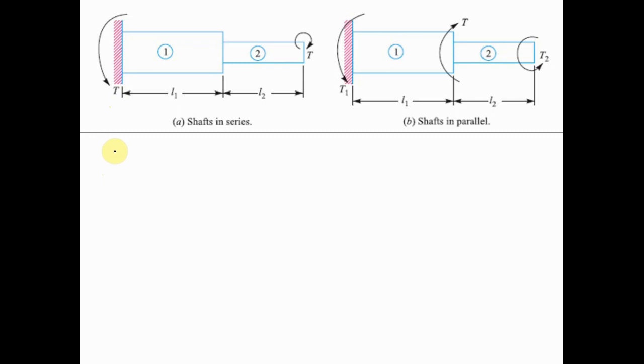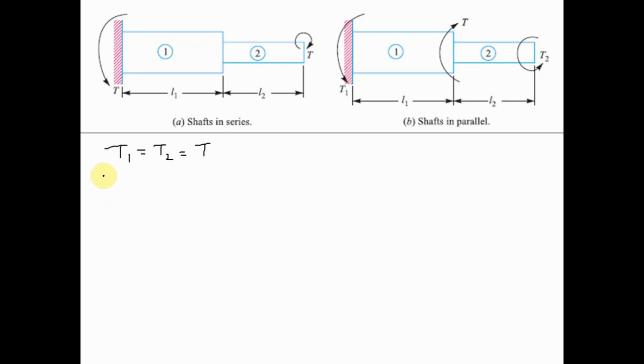So the torque that is transmitted will be equal: T1 is equal to T2, is equal to T. The torque that is transmitted for both the individual shafts 1 and 2 will be equal to the overall torque that is applied. So for shafts in series, remember T1 is equal to T2 equal to T, and the total angle of twist